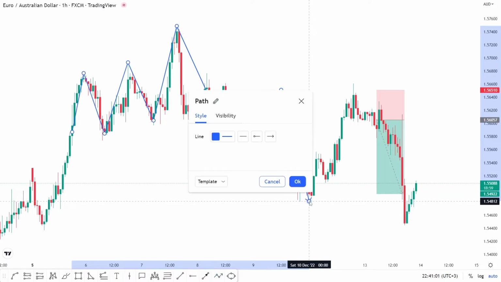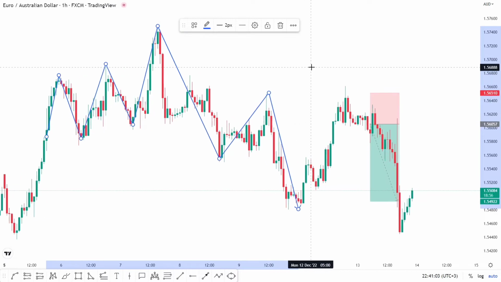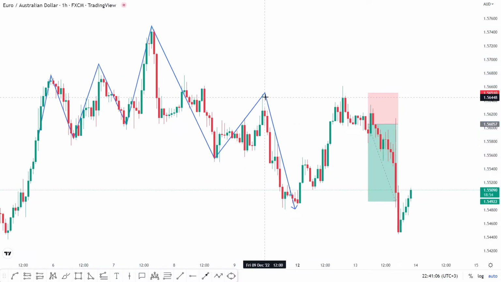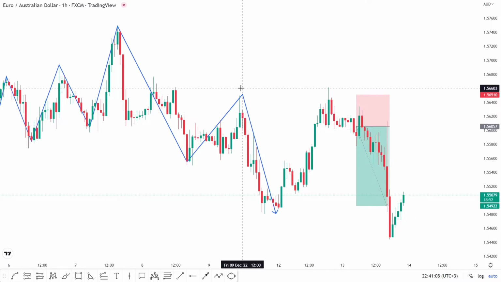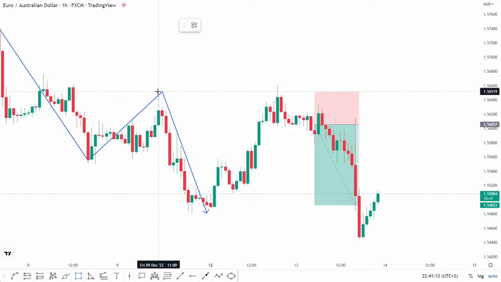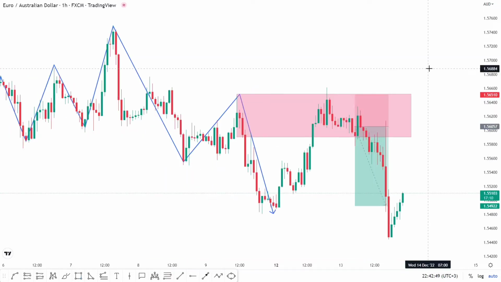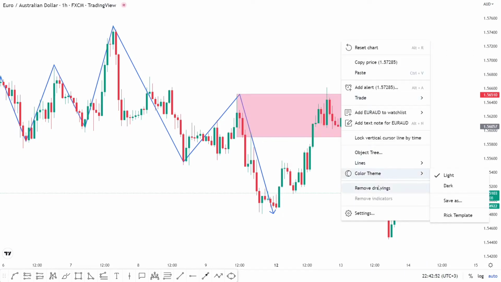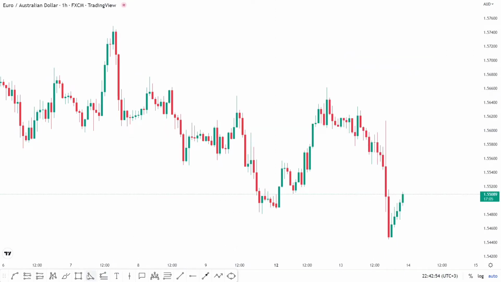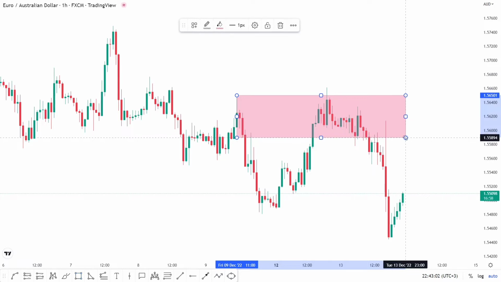So now going back to using supply and demand, whenever we have an impulse from one point to the other, where the impulse move starts becomes our supply zone. So where the impulse starts, at this shadow to our first bearish breakout candlestick, that becomes a supply zone. So we draw it, we mark and extend to the right. Let me first remove the drawing so that you can have a clear picture. From the beginning of the impulse to the breakout, extend to the right, that becomes a supply zone.